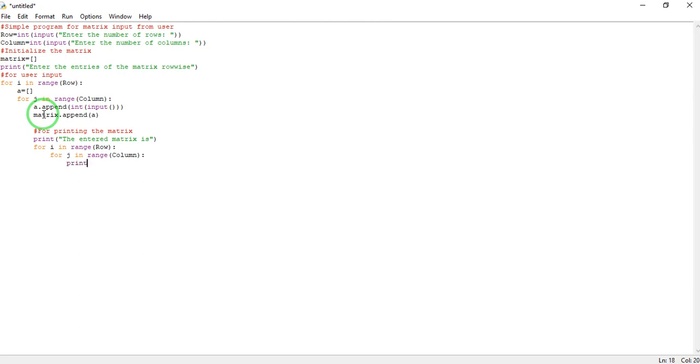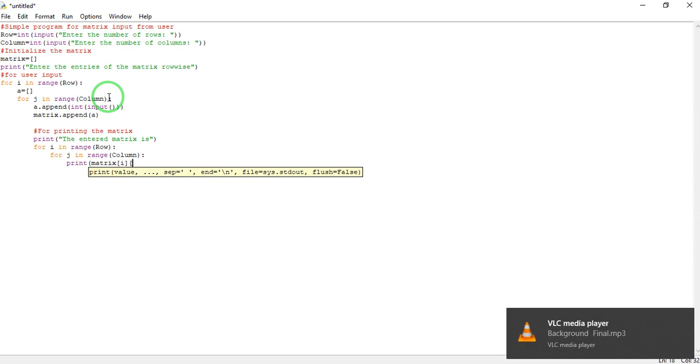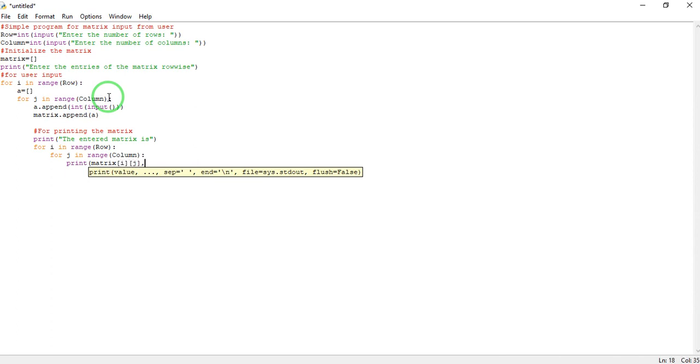Print matrix, that's what we have defined, and then there's a matrix which is inside our system. Print matrix, put these brackets i, j, comma, and equal these two quotes. And complete the bracket. Okay, this will print the matrix.